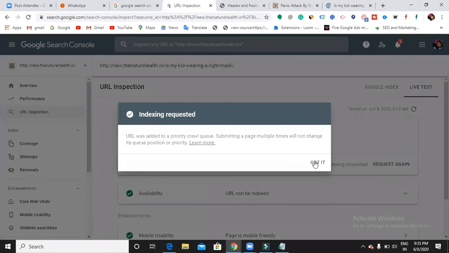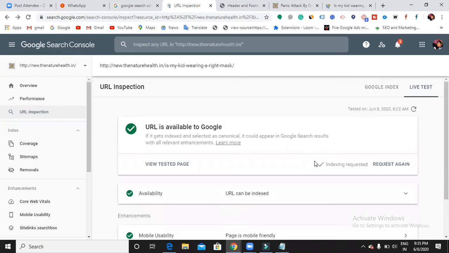Indexing requested. So now I have requested Google to index my blog post URL. In such a way, whatever blog post URLs, pages, or posts you have, you can directly inspect like this. When you feel there is no time to inspect each and every URL, at that time you can go with the sitemaps. What is a sitemap and how can I generate one, we're going to discuss in later sections. As of now, just use this URL inspection for better crawling and indexing.